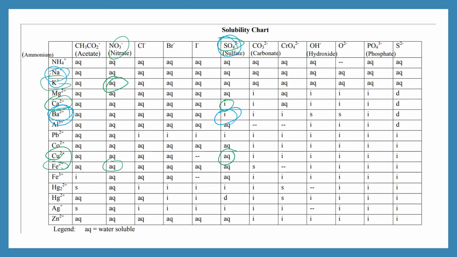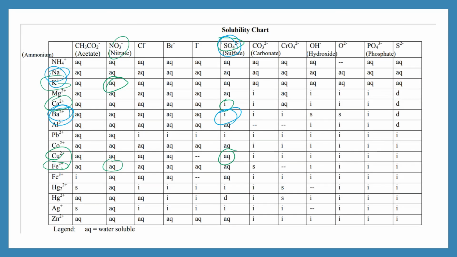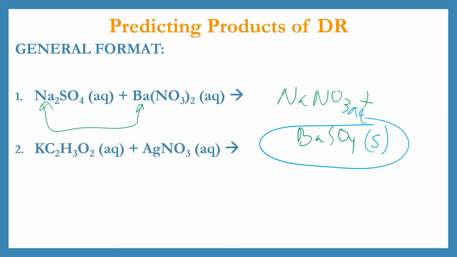And the sodium was with, what was it, nitrate? Yeah, soluble. Sodium and nitrate are soluble. So this would be aqueous, but this would be a solid. And that would be the reason the reaction goes. For potassium acetate and silver nitrate, you're going to switch out your potassium